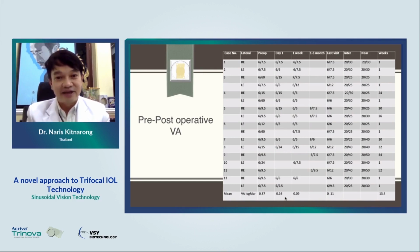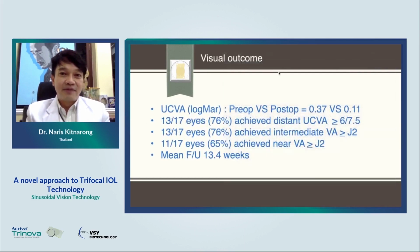This is the distance visual acuity, and it improved to 0.09 in the first week. So for the distance visual acuity, everything is just fine. And at the last visit, the visual acuity remains 0.11. That is also good. And if we take a look at the near and intermediate vision, okay, so you can